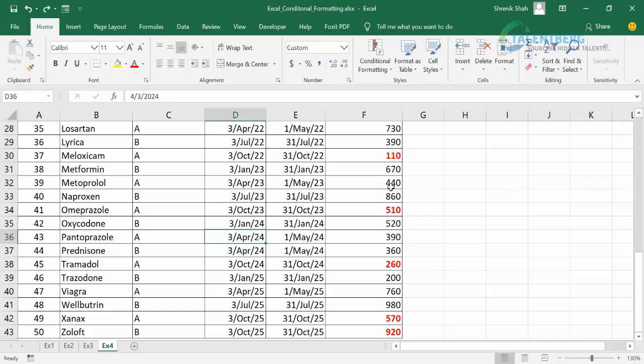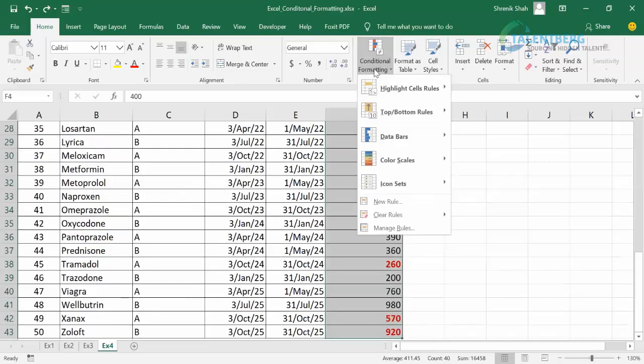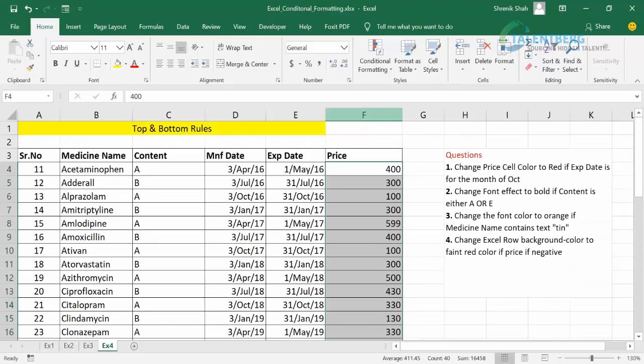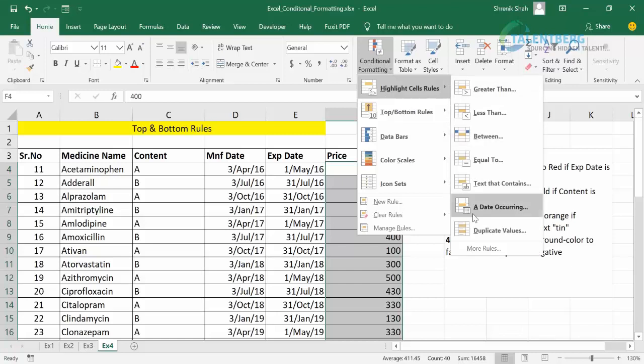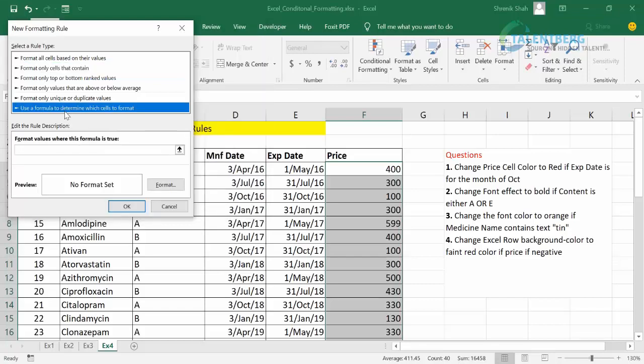Okay, so this is the one rule I applied on the Excel cells to change the font color to red. Let me repeat how I did this. I first select the cells. In conditional formatting, I remove the rule. The steps are: select the cells, conditional formatting, highlight cell rules, more rules, and from the rule type, select the option formula to determine which cells to format.